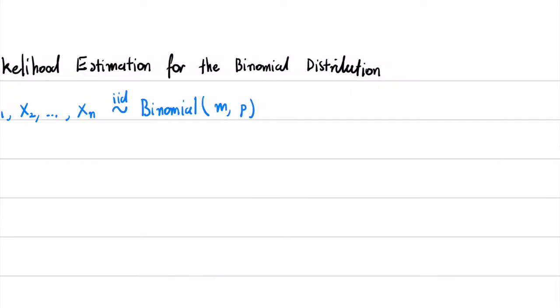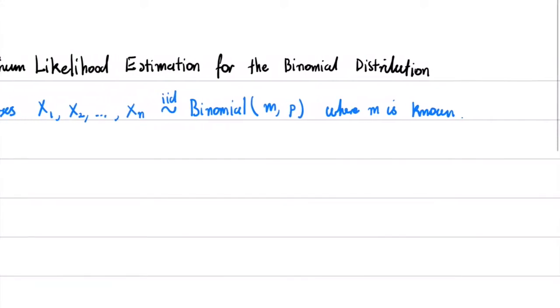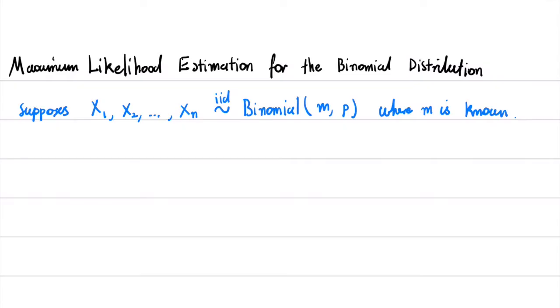And further to this, we're going to assume that m is known. In other words, we know how many trials are being conducted, but we want to estimate the value of p. Now I want to point out, usually you'll often see a binomial distribution parameterized by the quantities n and p, but in this case we're going to use m, and the reason I do that is to distinguish between this parameter and the number of observations,